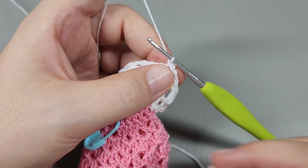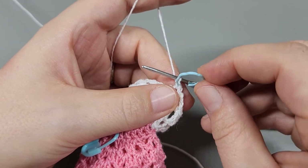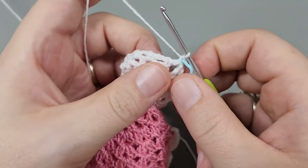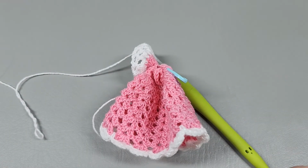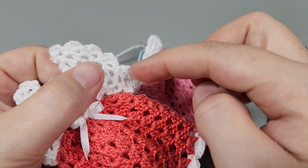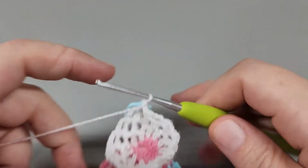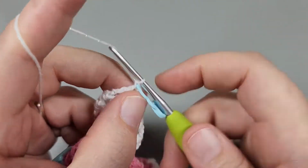Alright, so you can mark that first single, because the pattern we're getting ready to work, this first single crochet can get a little lost, so I'm going to mark it so I don't lose it. Alright, what we're going to do is we're going to work, where's my other one? We're going to work this little scallop edge, okay? So to do that, alright, we just worked our single, so we're going to chain 3,